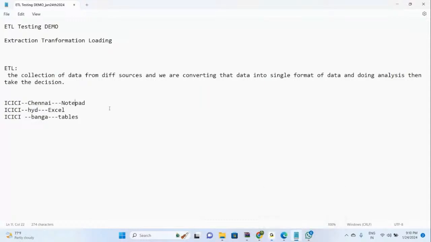Here, ETL means the collection of data from different sources, and that data we are converting into a single format for the purpose of doing analysis and taking the decision. Why are we converting to a single format? For the purpose of doing analysis, only single format data can be analyzed. That is the reason: there are different formats of data. First, we'll convert different types of data into a single format, and then do analysis and take the decision. Okay. Now,